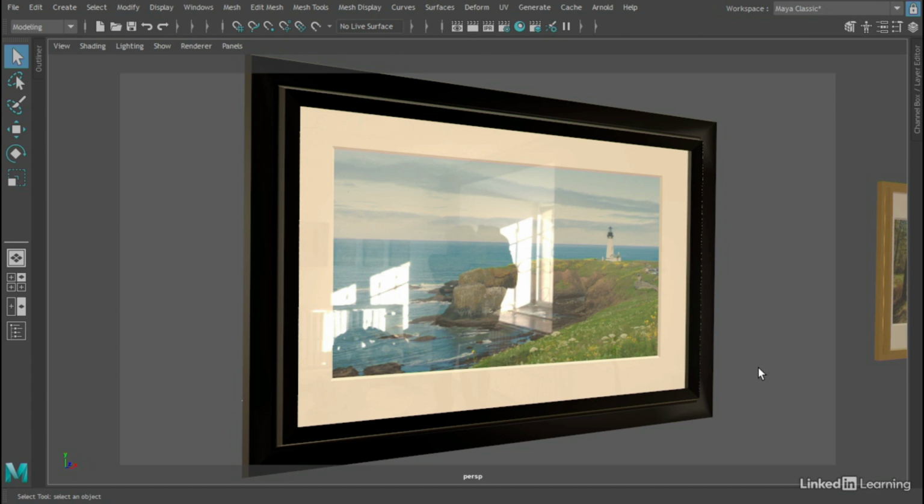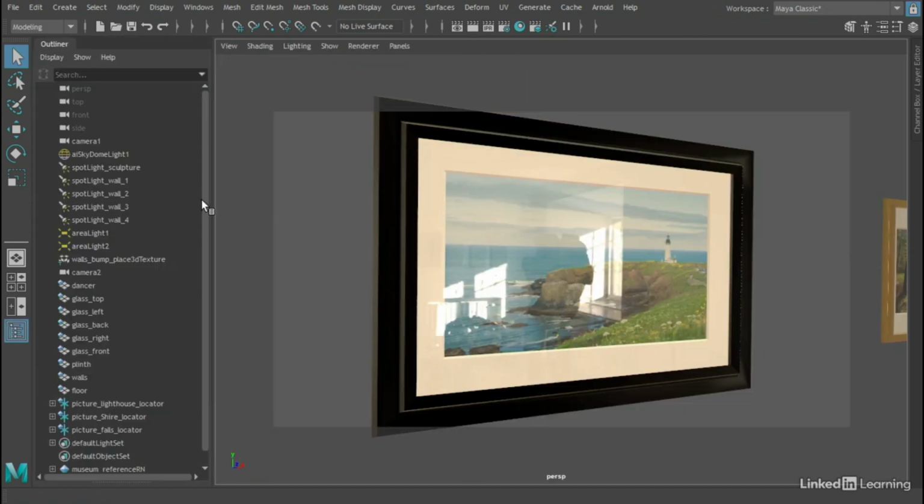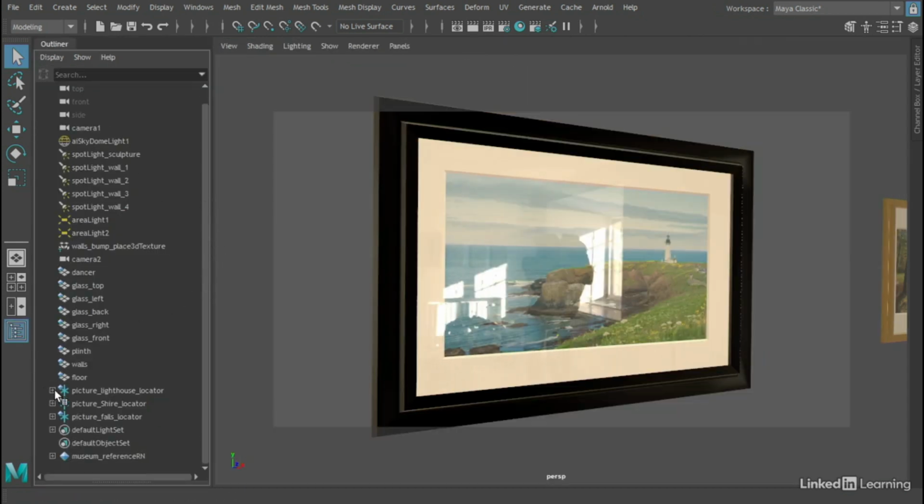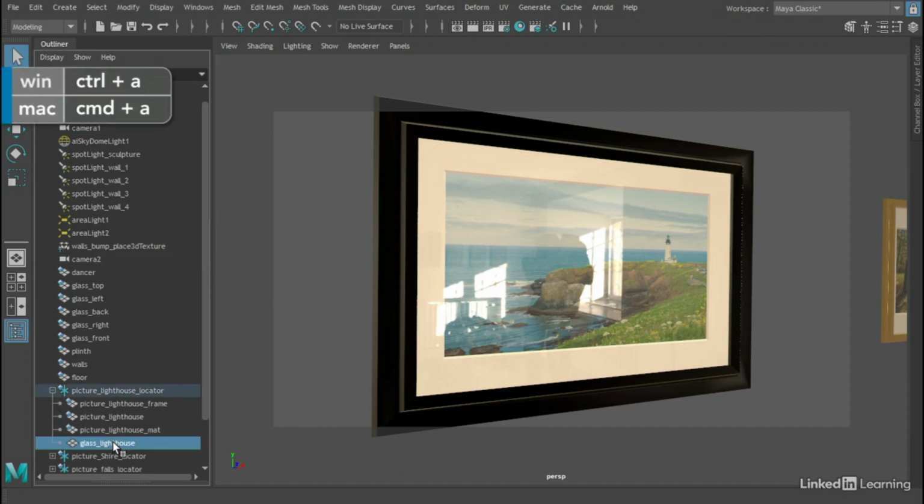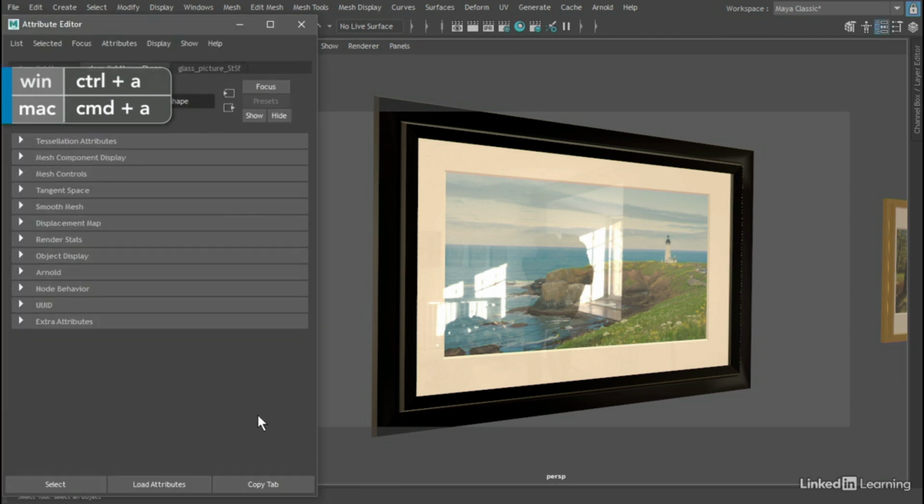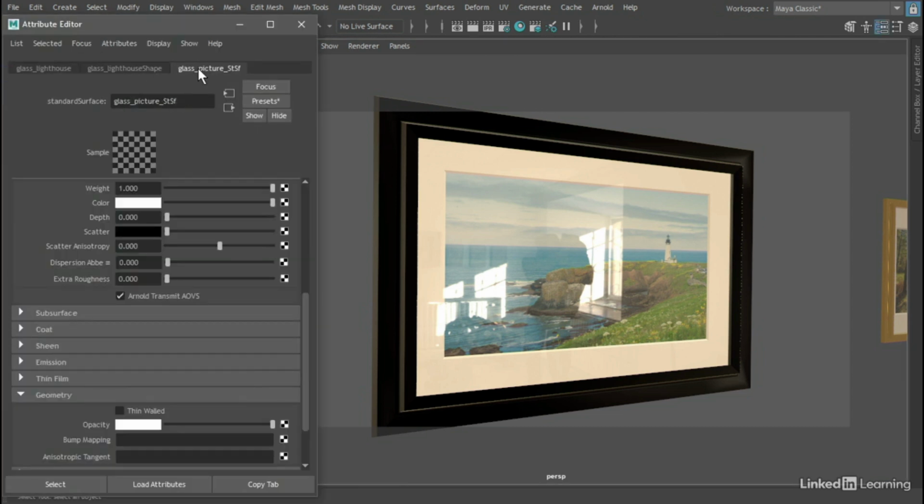I want to select that pane of glass, and it's a bit difficult because it's just a single polygon. I'll do that from the outliner. Open that up, and also open up Picture Lighthouse Locator. Within there, select Glass Lighthouse. And now that's selected, open up the Attribute Editor with Control A and go to the Glass Picture STSF shading